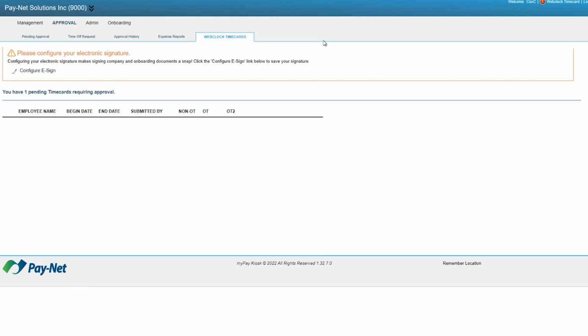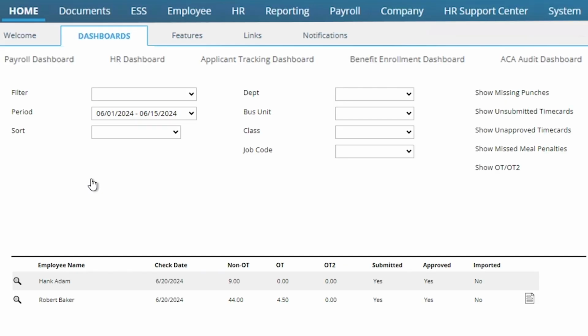When declining an employee's time card, it does not send a declining reason to the employee. It is recommended to notify the employee if their time card has been declined, including the reason it needs to be modified. After time cards have been submitted and approved, if an approval is set up, they can be imported